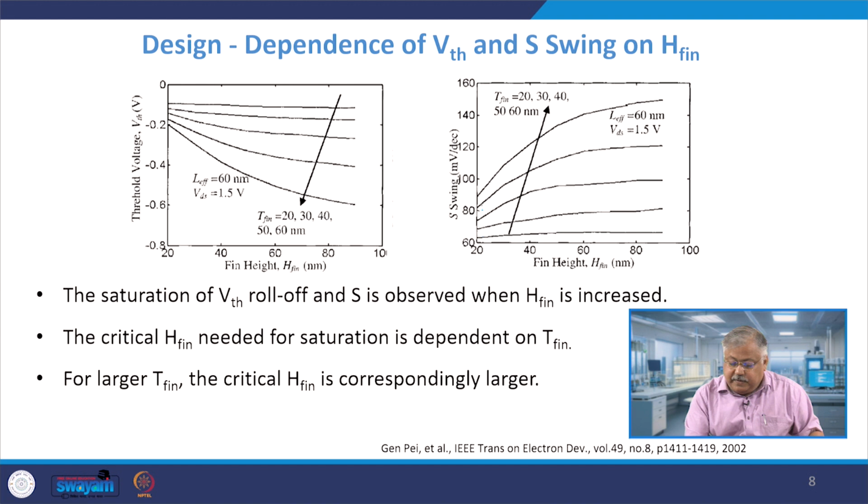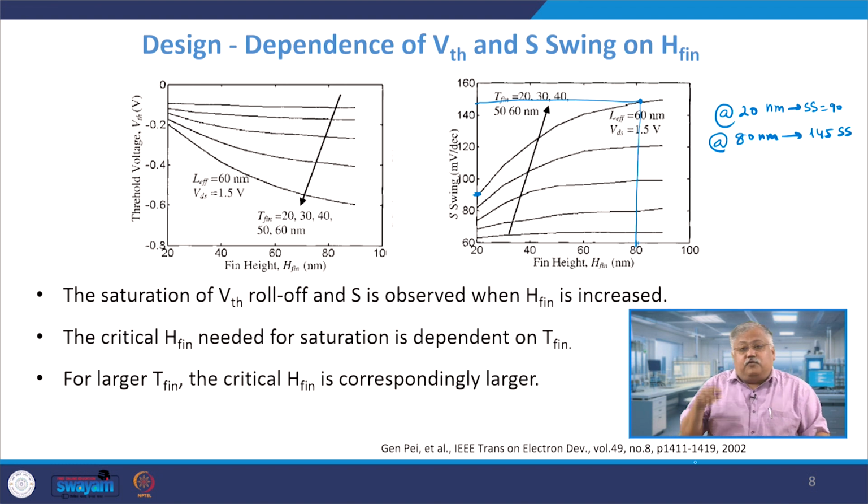Let us take maybe 20. So 20 is here, and let us take 80 somewhere here, right. So if you plot this thing, this is 90. So at 20 nanometer H fin, your SS is approximately 90 millivolts per decade. At 80 nanometer FinFETs, the SS is approximately 145, which means that you have to give 145 millivolts peak to peak swing in order to have a 1 decade